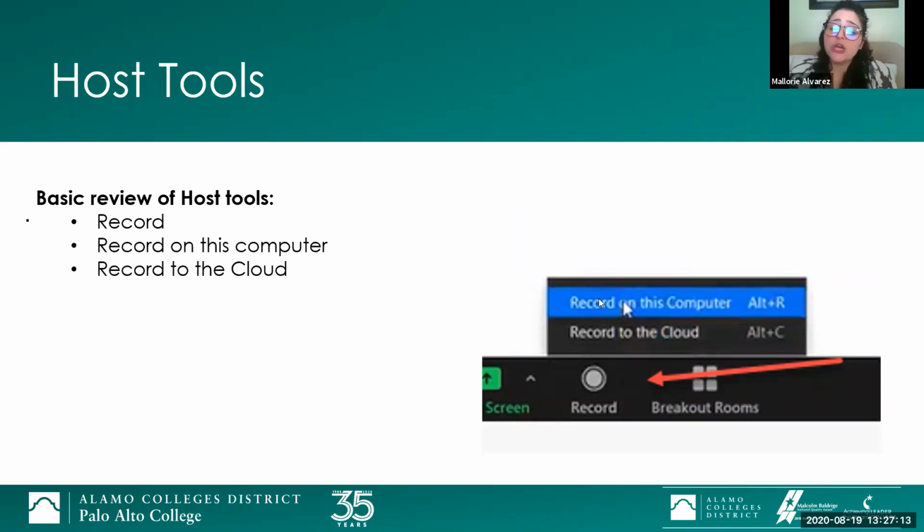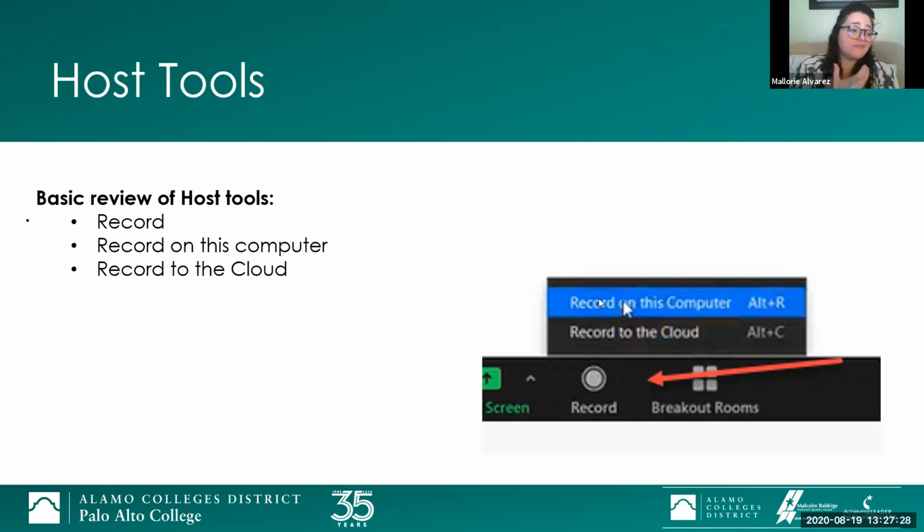Good question. Your students do not have to set up an account ahead of time if they are using a laptop or a computer to view your Zoom meeting.